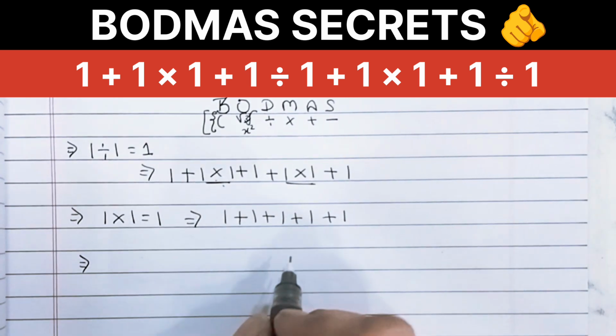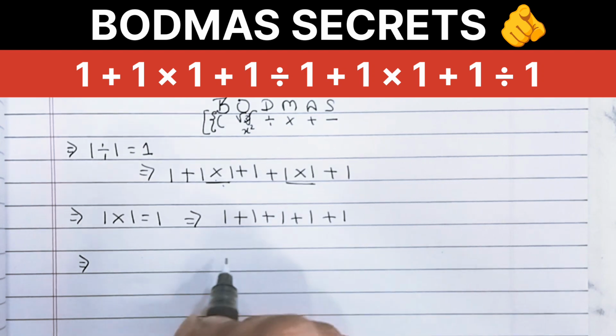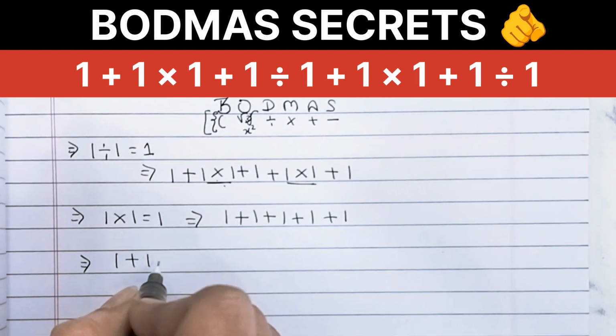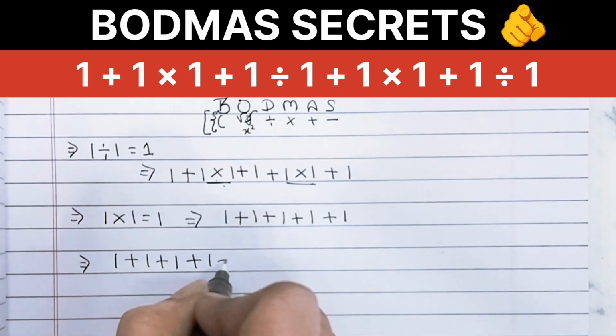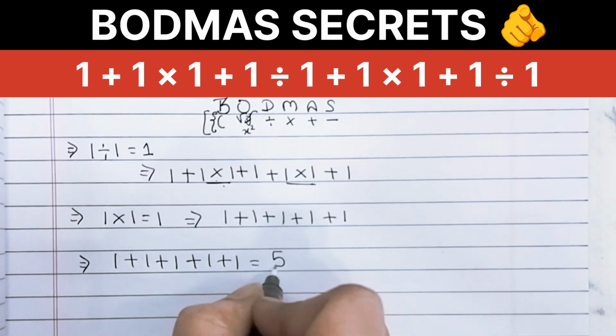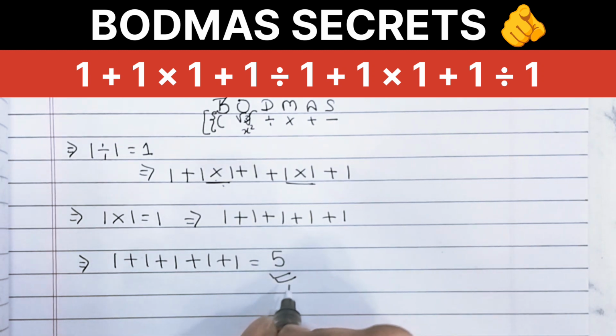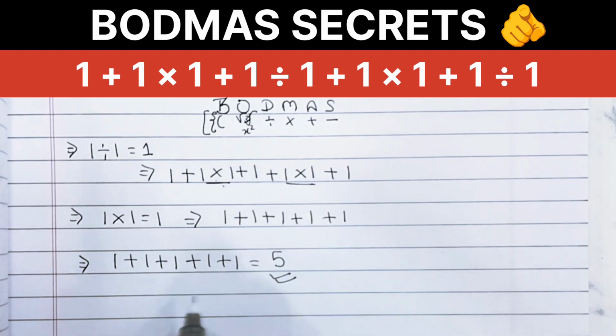So now the third step, addition. Finally we add all the remaining terms together. So now 1 plus 1 plus 1 plus 1 plus 1 equals 5, and 5 is the final answer. According to this, addition is the final step in this specific problem as there are no subtractions.